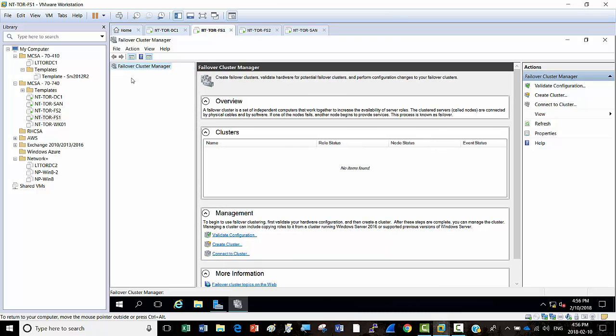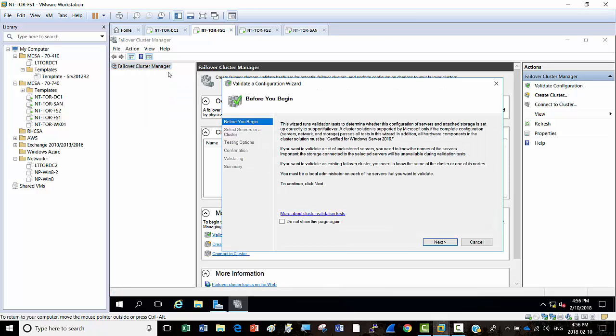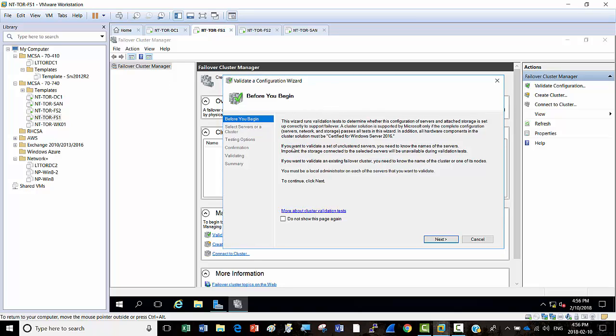Now on this failover cluster manager right now nothing is there, right? It's not showing any pointing arrow, so we can't expand anything. So right click on this failover cluster manager and click on validate configuration. Got it? Now this wizard will open up. So click on next,